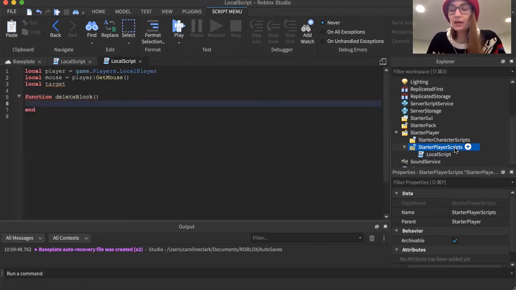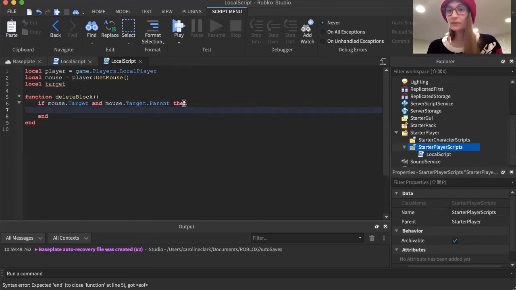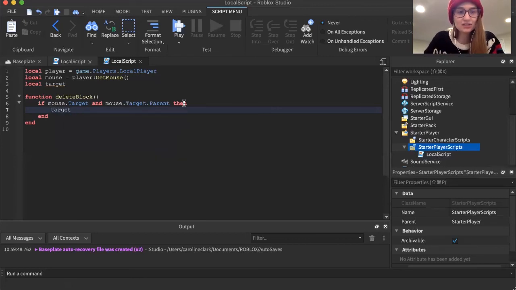All right, so the same thing as when we're doing it on our tool, we need to make sure that if we click on something, that there's actually something there. And this function is going to get called when we click. So we're going to say if mouse.target and mouse.target.parent. And let me fix this. Then, so if we've clicked on something that exists and that thing also has a parent that exists, then I'm going to set my target to